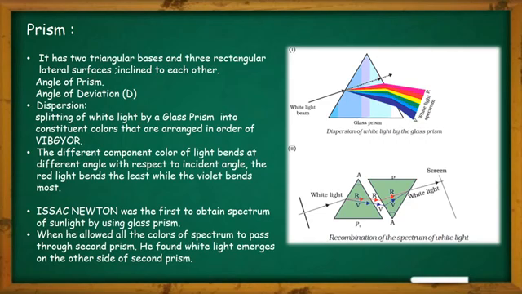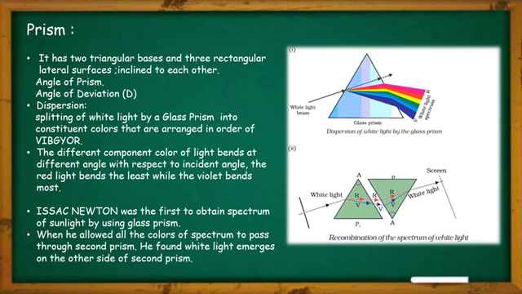Whenever a polychromatic light or a mixture of light, because white light is a mixture of 7 different colors, passes through the prism, it splits into different colors, and this color range we can obtain on a screen. This pattern we call the spectrum of light. This happens because when light passes through the prism, due to the different wavelengths of different colors, they split. So that is why this pattern is observed.